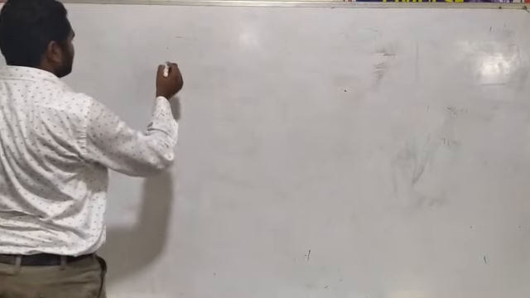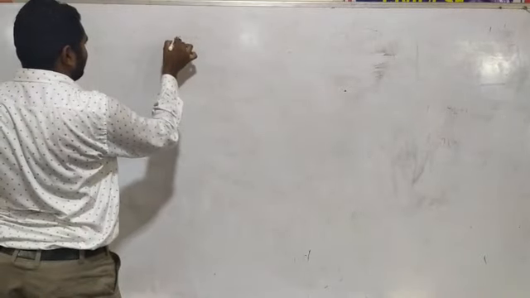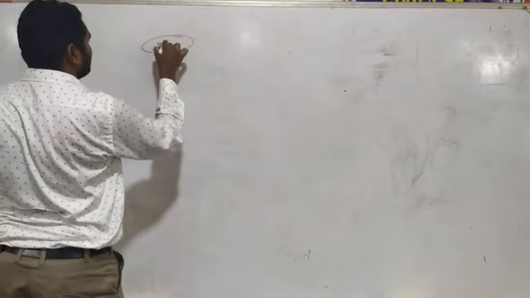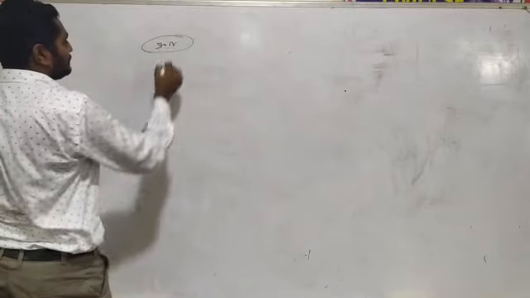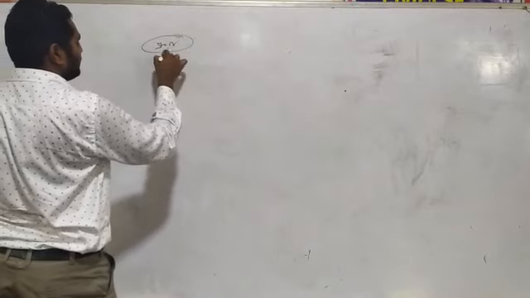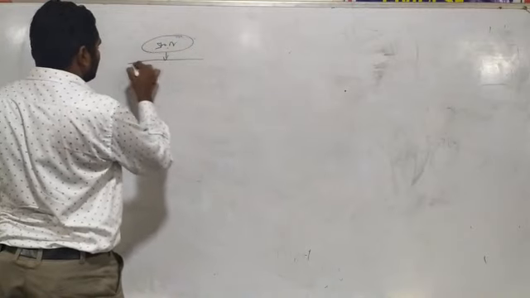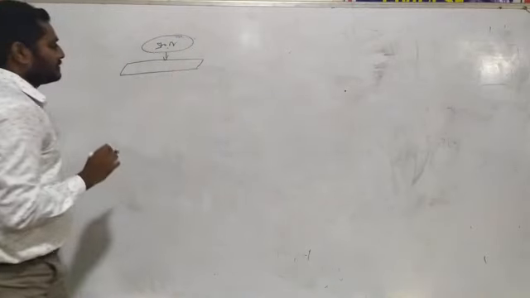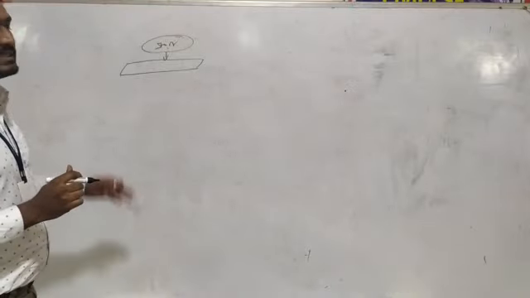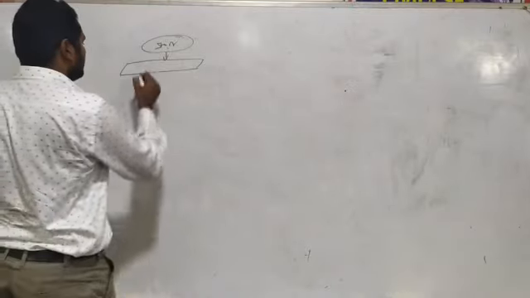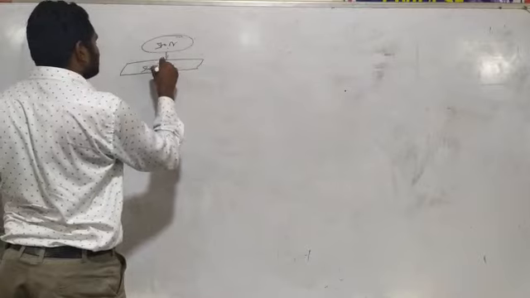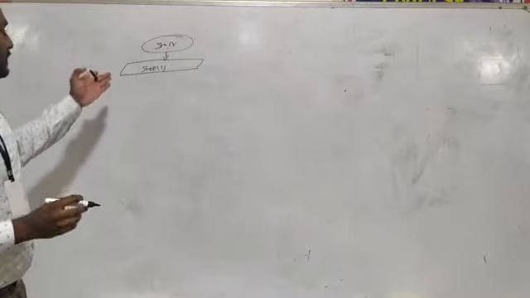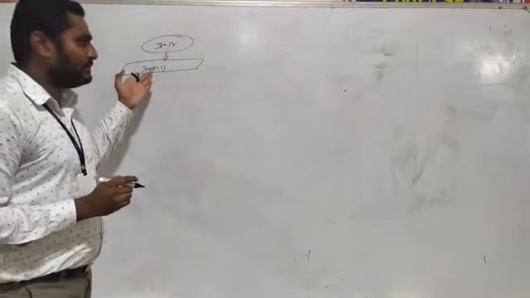So as I already discussed, for the starting of the program, we have to write start. That comes under the oval shape. And then in the algorithm, the first step is read the system data and formulate Y bus, that comes under the parallelogram. So in this one we have to put step 1, that is, read the system data and formulate Y bus.